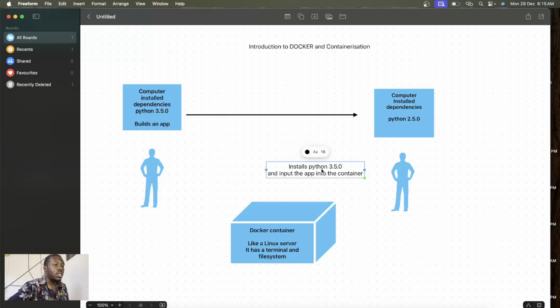So this is what the developer now does. He will now install Python 3.5 and put the application into the container.